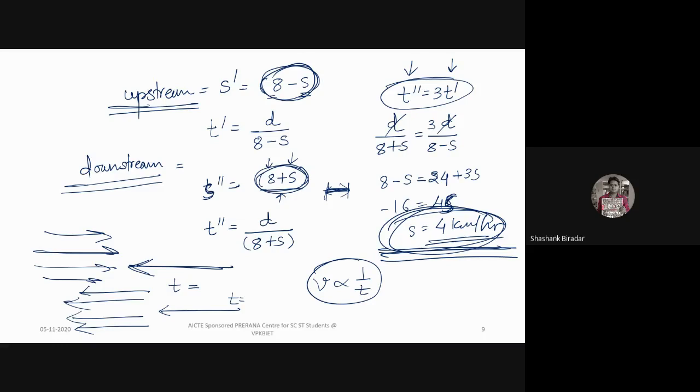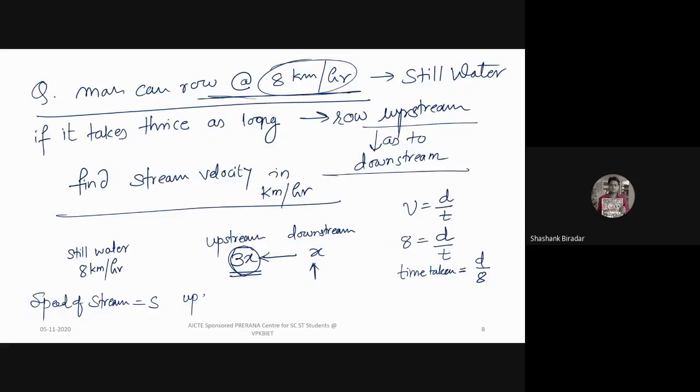So in this way you have to think. If you see this problem, it seems very difficult, but if you analyze how we can utilize the factor given for still water, everywhere the formula for speed will be same. Only you have to establish the relationship between the upstream and downstream by means of this still water velocity, because the distance traveled is same. Only there are time constraints and velocity constraints. Understood?